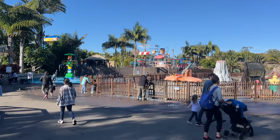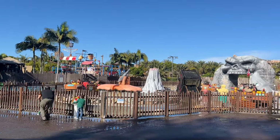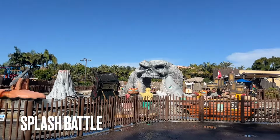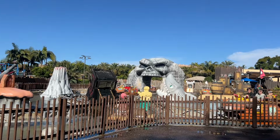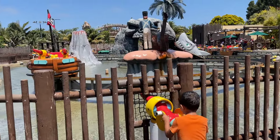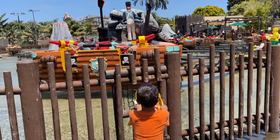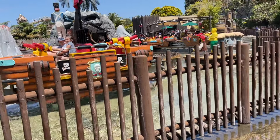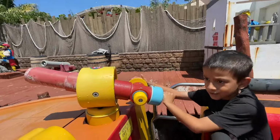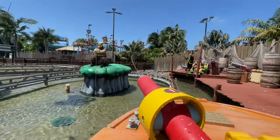family. Next up, we enter the Pirate Shores area of LEGOLAND, which actually has quite a few attractions. The first you're gonna come across is Splash Battle. And I mean, just look at that huge, awesome skull rock. Isn't that great? The first thing that you'll notice is that riders have guns that they can shoot water at not only each other, but at the guests outside the ride as well. Thankfully, you can grab your own cannon and return fire at them. Splash Battle has a height requirement of 36 inches and only runs seasonally, meaning it might be closed if you